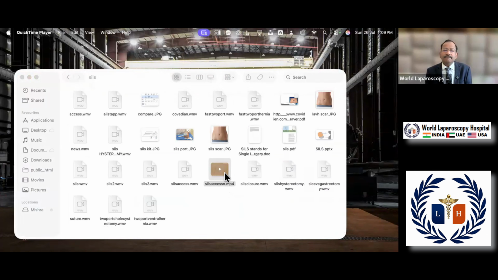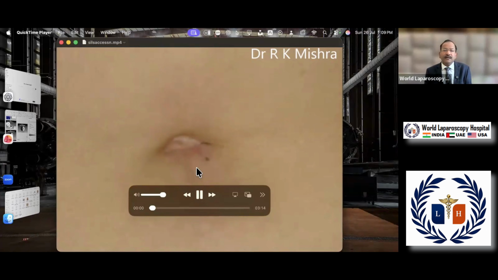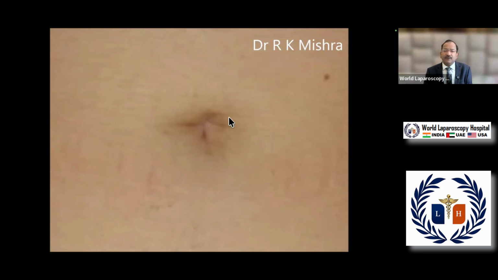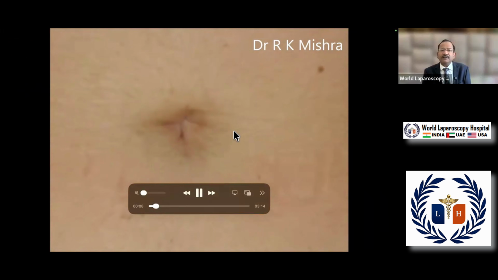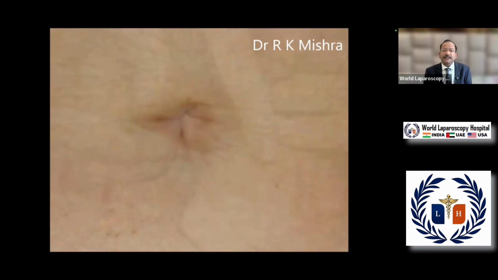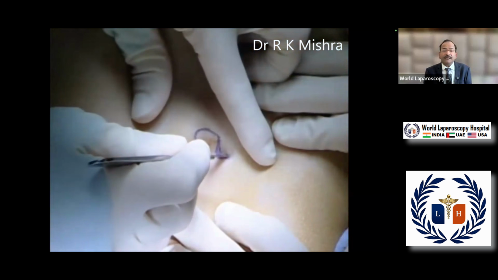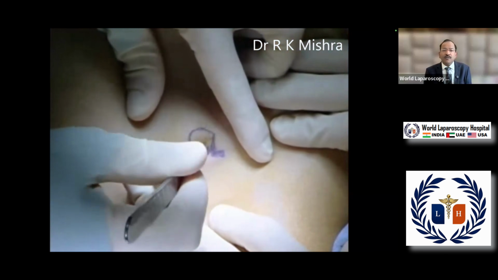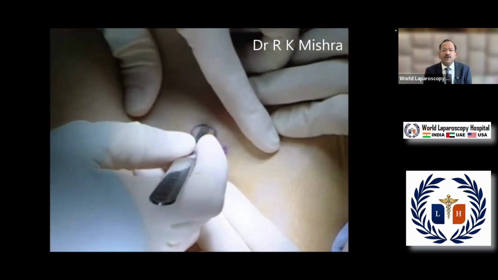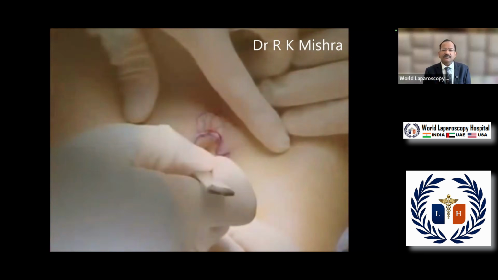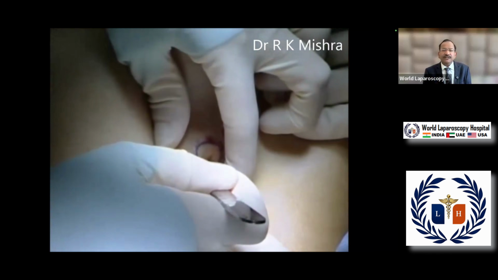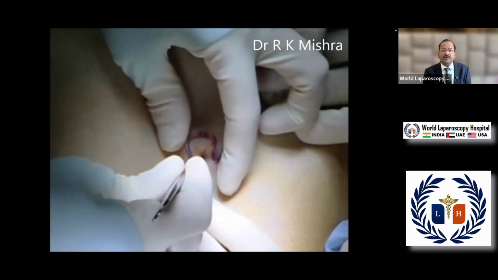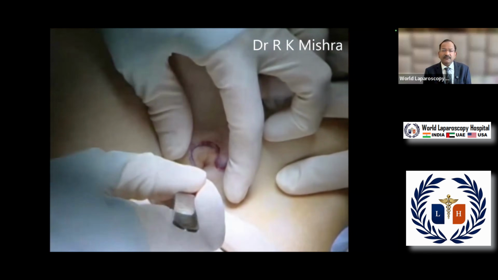So, this is the umbilicus here, and we can see that this side is the lower abdomen, the upper side is the lower abdomen, the lower side is the upper abdomen. And then you will give the incision. This is the inferior crease of the umbilicus, and this is called the omega shaped incision. Omega is a unit of resistance, that is why it is called omega shaped incision. And do you know what is the advantage of this incision? That